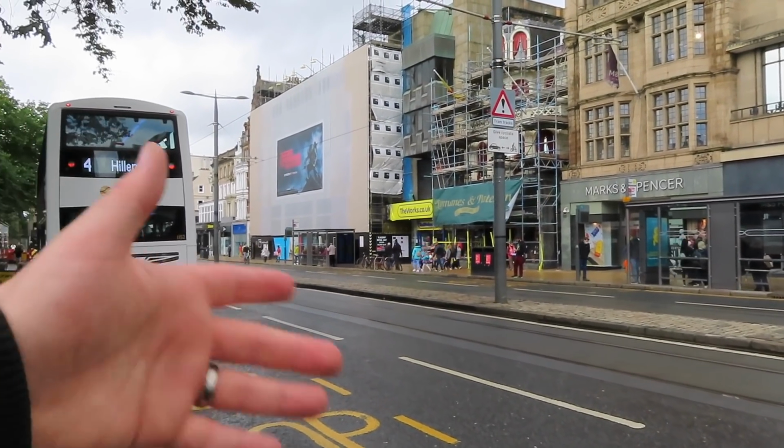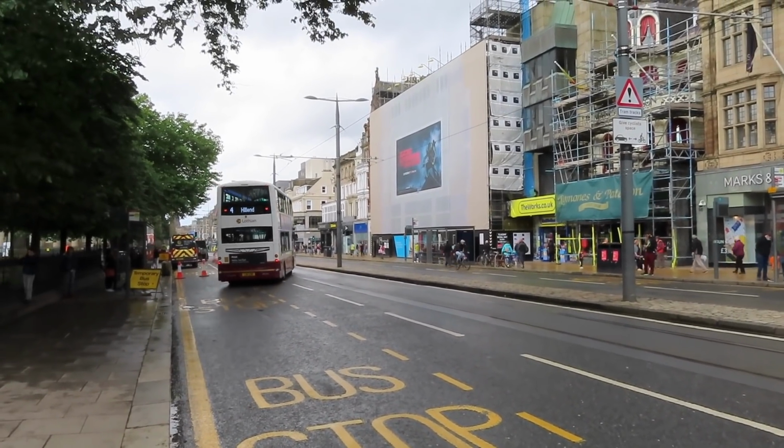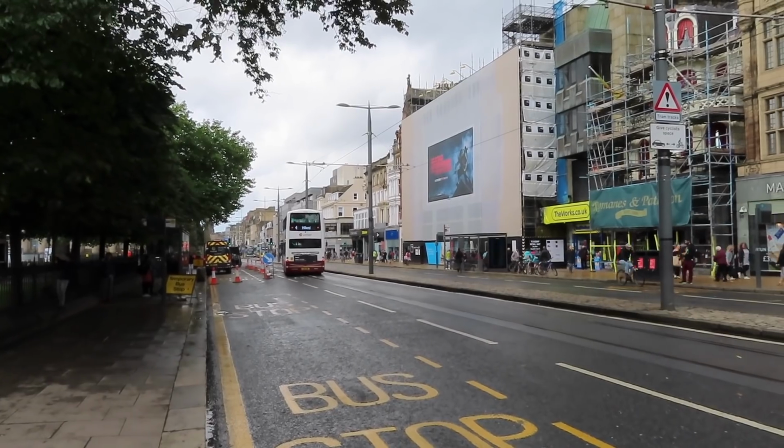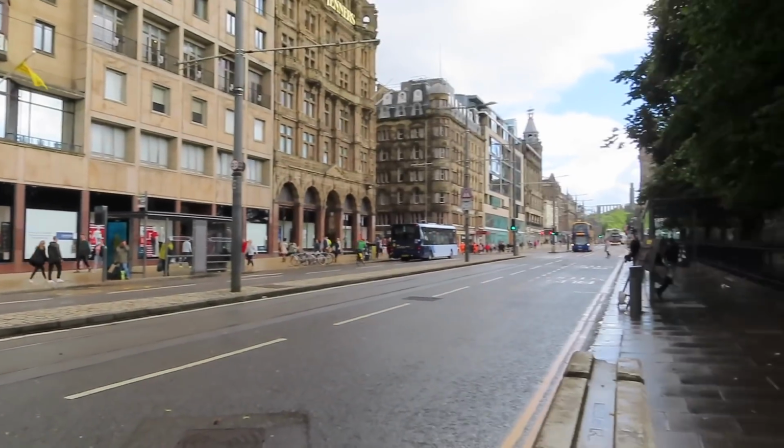There's a bus there, or you move out the way. There we go, that's better. Try to stop the wind from blustering all over the camera. You can see shops all the way down. However, even though the street is roughly about a mile long,